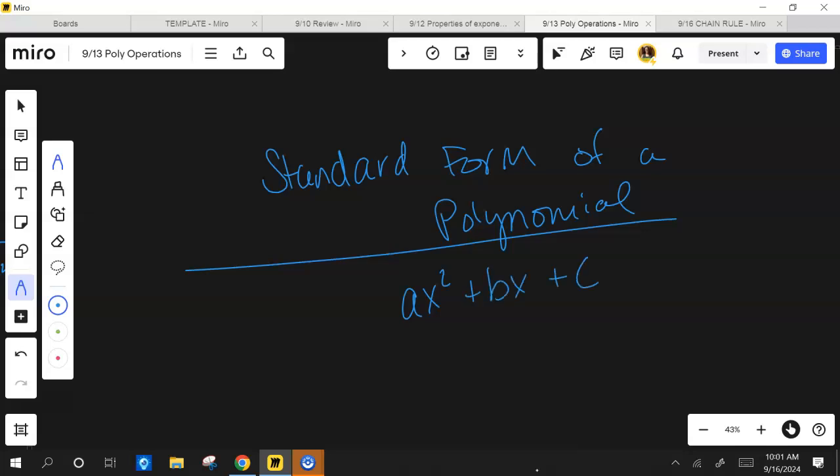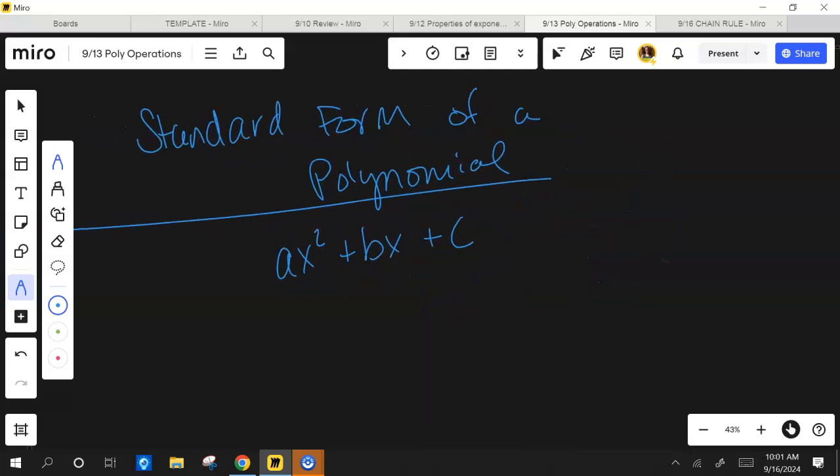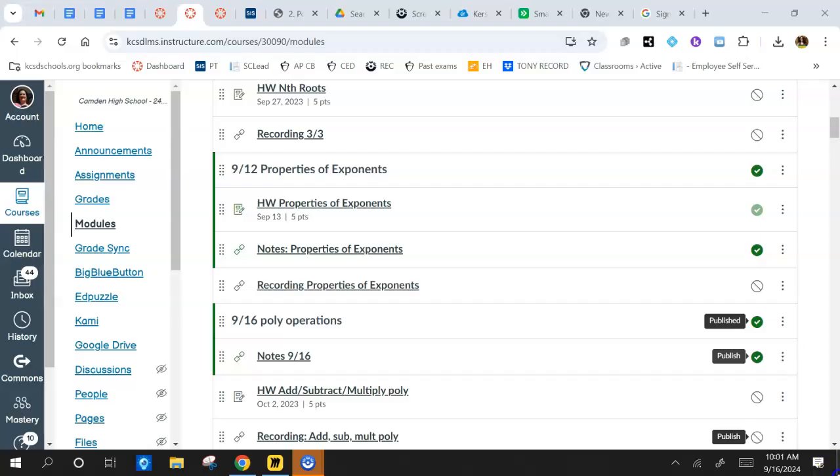Now, what do you notice? If this is standard form, tell me what you notice about the exponents. Okay, somebody said there's 2. What's the exponent on this one? 1. I could technically put an x with what exponent here? A 0. What do you notice about the exponents? Descending. They start with the biggest and they go down. That's true of any polynomial. Standard form means you start